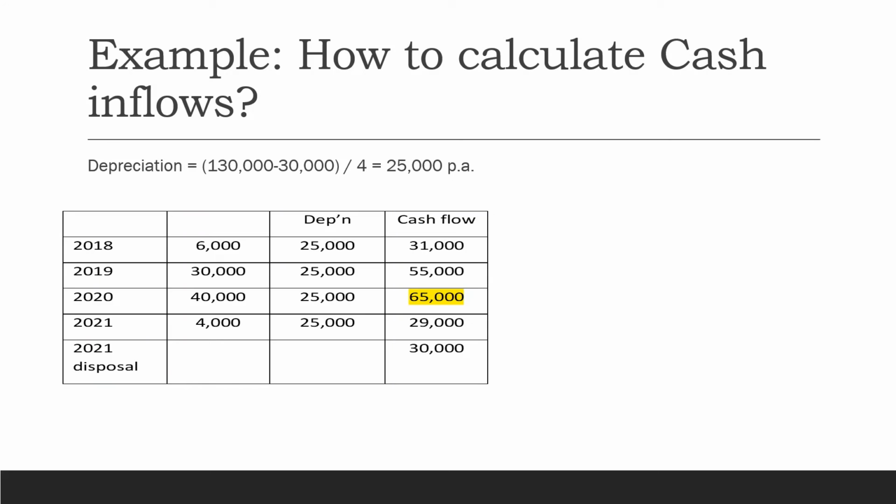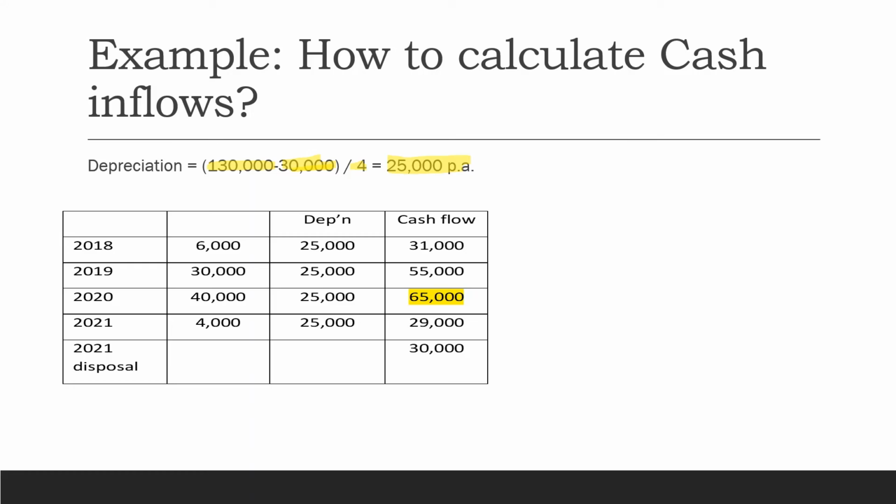The first thing you have to do is calculate the depreciation. So in this case, what is the asset value? Using the same formula of depreciation by the straight line method, asset value is 130,000. The resale value or the scrap value or the salvage value of the asset is 30,000. And what is the useful life of the asset? The useful life is again given to us, that is 4 years. So how much is the depreciation we are going to charge? The depreciation we are going to charge every year is 25,000.